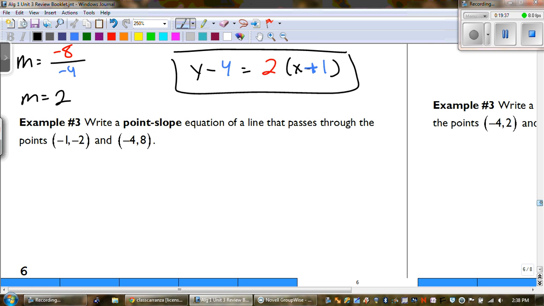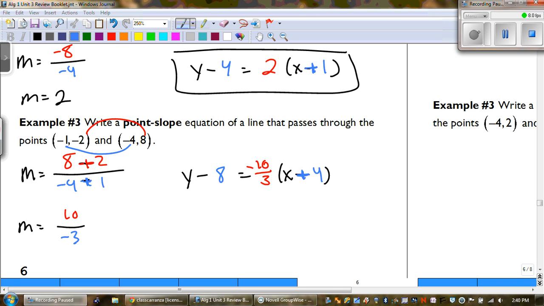Okay, example number 3, you're all on your own. Pause the video and good luck. Okay, and you should get y minus 8 equals -10/3 x plus 4. Okay? And if you used the other one, it would have been y plus 2 equals negative 10/3 parentheses x plus 1. Okay? If you have any questions on that part, guys,